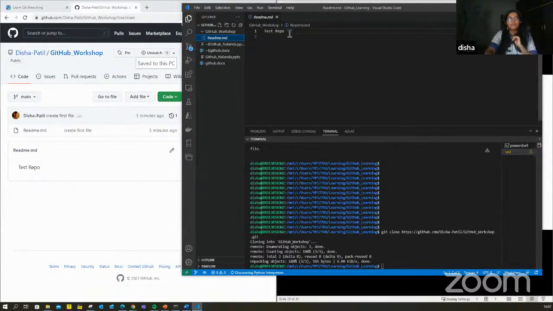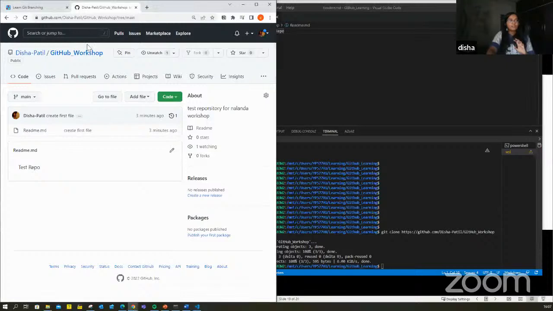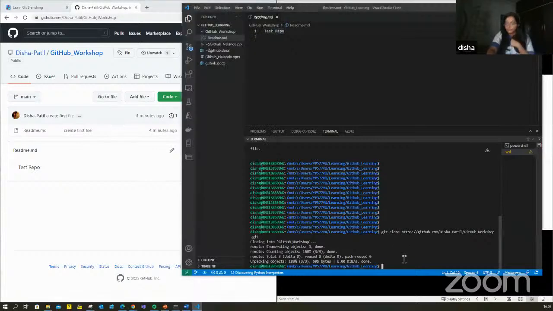Okay, now I am in my local machine. Whatever repository is over here in my online service GitHub is cloned or copied onto my own computer, and I can work in this repository. So I can do many things. I have a single file, so let me update that file. Okay, first step, test repo, first line edited in local machine. So I made a change to the file that was already there in that repository.